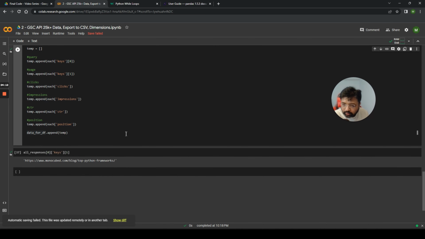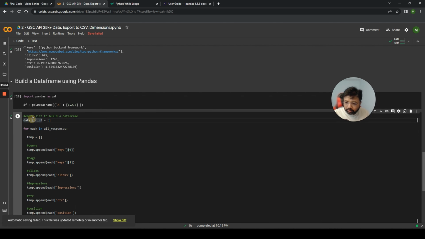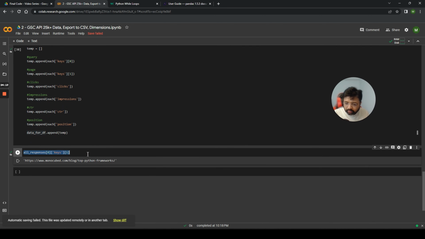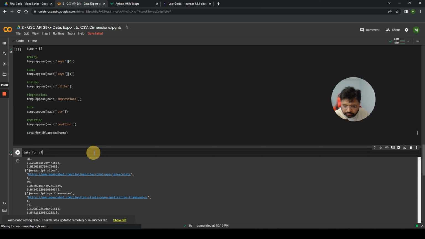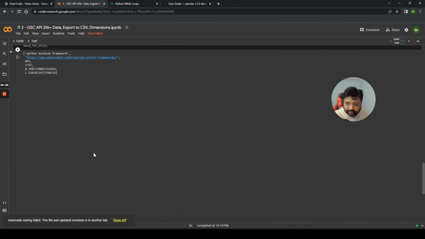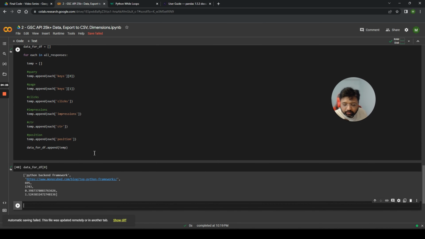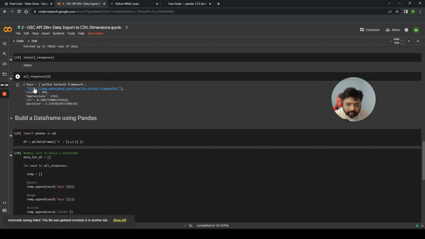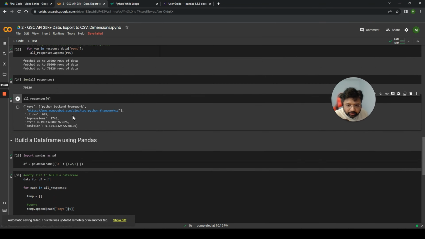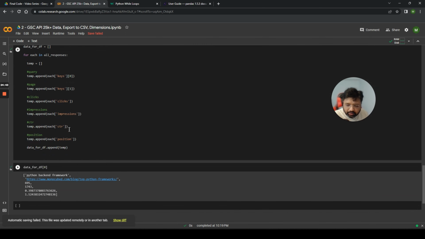So we ran the code, fine. I'm not sure if that saved anything. Let's see. Perfect. So we got it. So now you access the first element of the list. It is pretty beautiful that it's not with keys or anything like that. It's not a dictionary. It's just a simple list. We don't need to say whether this is a click or impression or CTR every time we receive a response,